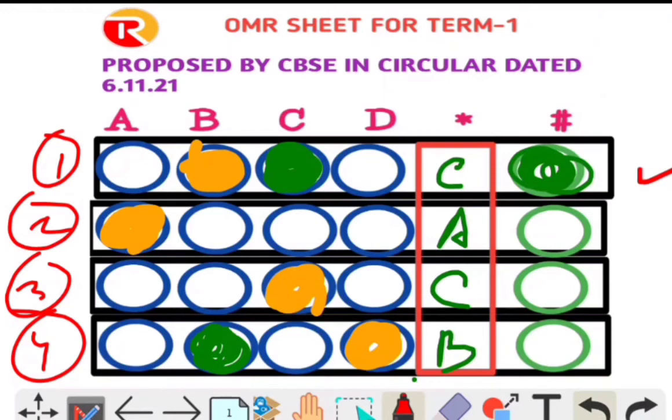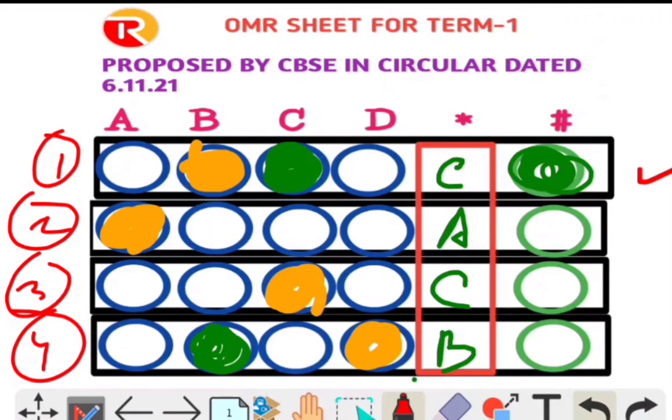Suppose this is question number 1 and you haven't attempted it, you will not write anything in the has section, you will just fill up the has circle. And in options A, B, C, D, suppose you have selected option A and you want the final answer to be A only, then write A in the star box. Don't fill up the has box. In the star box you write the A, and in the has circle you fill it up only when you haven't attempted the question. So this is the final thing.